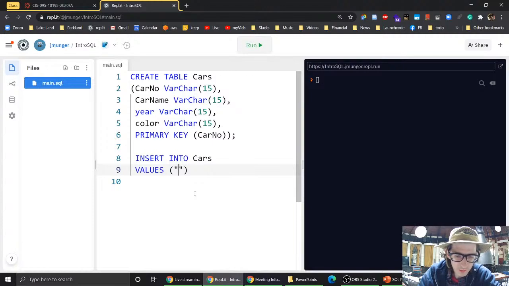So car number will be 91234R. I don't know what a car number is here. We're just using it as a primary key. Could be VIN number, I don't know. It can be whatever you want. We're the ones designing the database. Okay. Car name,